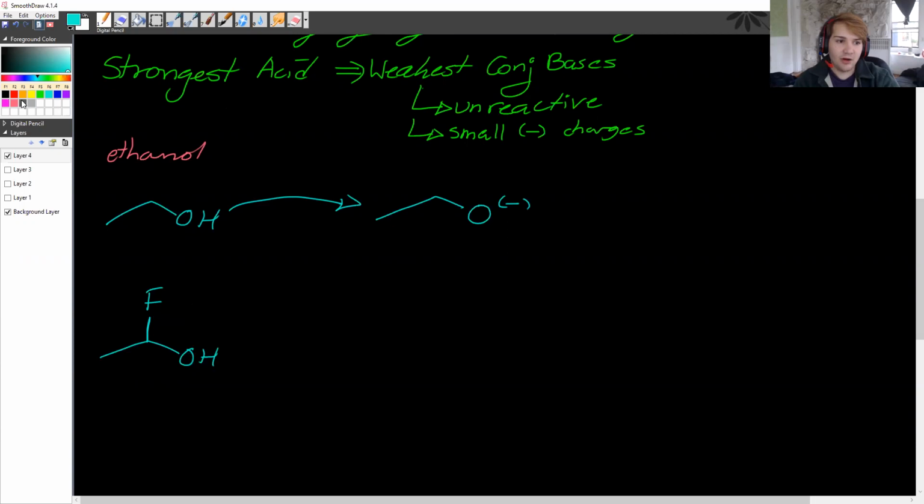Now, remember that the electronegativity of fluorine is 4.0, and the electronegativity of oxygen is 3.4. So who's more hungry for electrons? Oh, it's fluorine. So what this means is that when we donate off this